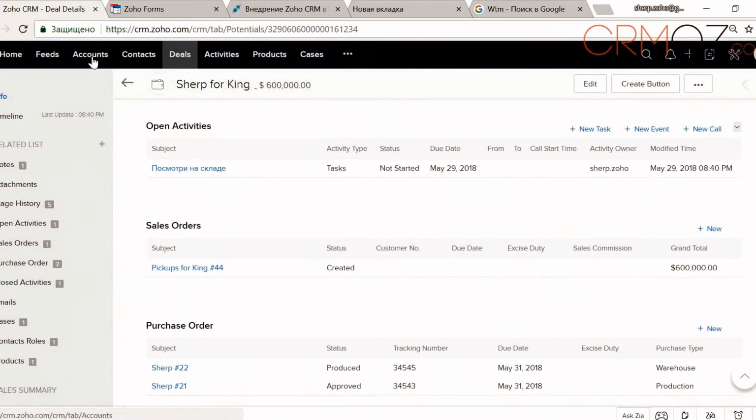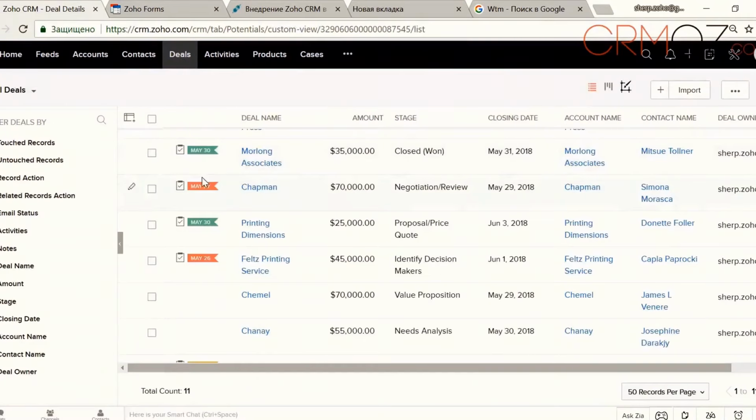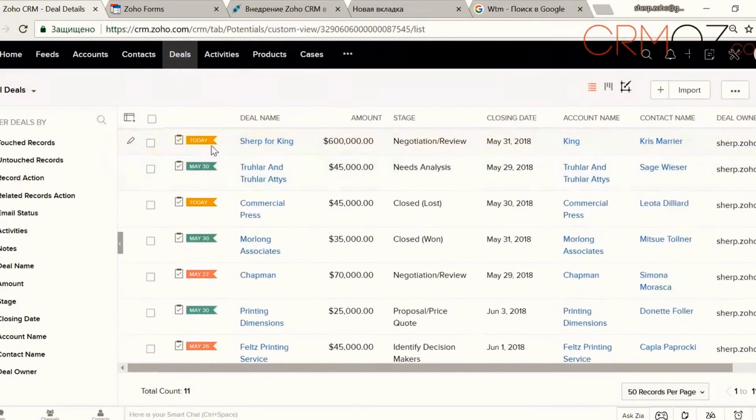Now we will see, if we go to the list of deals, they are currently highlighted in yellow or orange, which means it should be completed today. If the task is marked in green, it means it is a future task. It is still not overdue, and if the task is not completed today, then tomorrow it will become overdue. The red color will immediately indicate that there is a task related to this deal that someone has not completed. This is a visual element for monitoring the fulfillment of agreements, meaning in this way, you can immediately see which